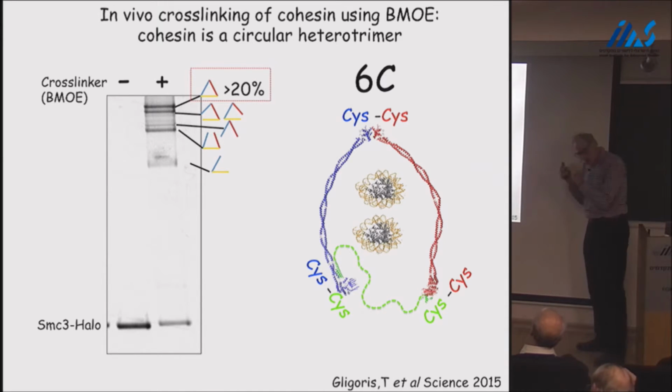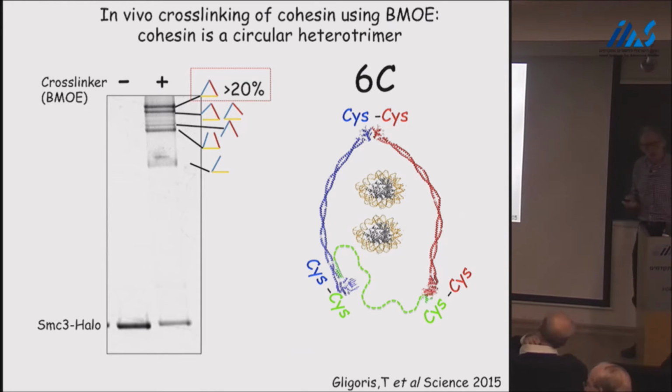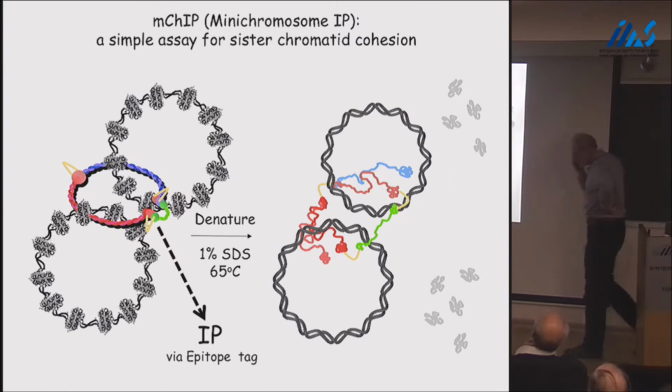But this cysteine-cysteine cross-linking is actually a very powerful, rigorous technique for measuring interactions. And I think it has not been used as much as it should. Anyway, by this means, you can clearly show cohesin really does form a ring inside living yeast cells. Now, this then allowed us to test